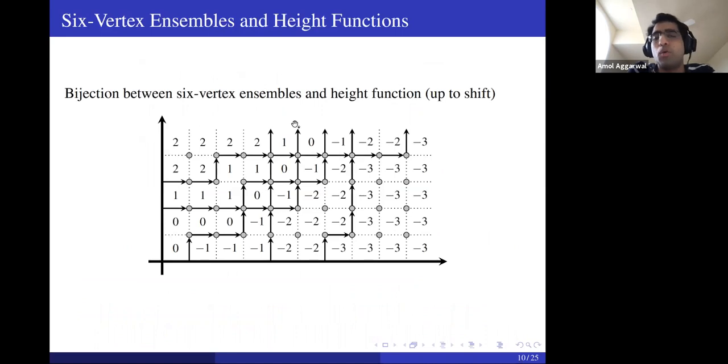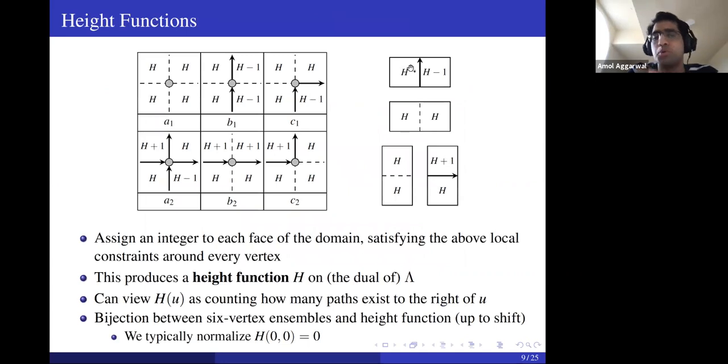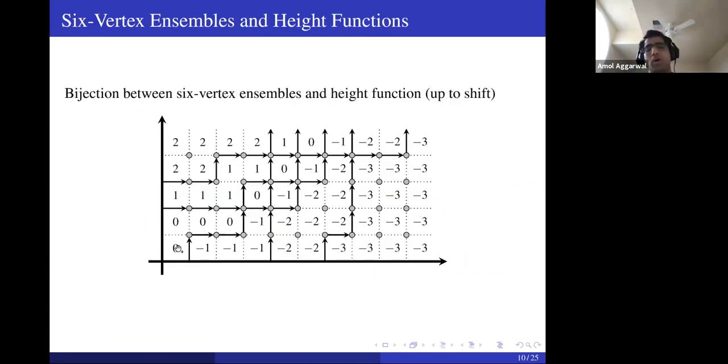Okay. And if I only knew the height function, I could recover the six vertex ensemble from it. So there's a back and forth between height functions and six vertex ensembles. The only caveat is that I've fixed the height function to be 0 at the origin, because of course, if I make it 1 at the origin, I just have to increase everything by 1, and that will give me the same sort of six vertex ensemble. Everything here is up to an overall shift. So if I just fix the height function to be 0 at the origin, meaning at this face here, that's just directly in the quadrant that's adjacent to the origin, there's a bijection between six vertex ensembles and